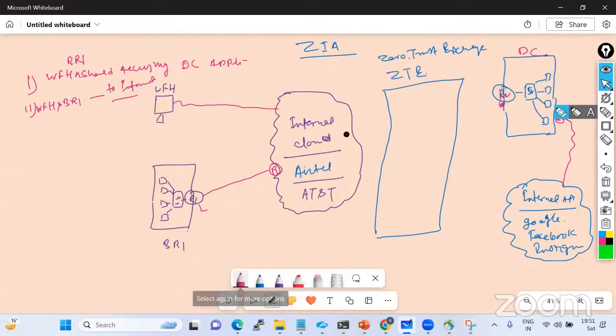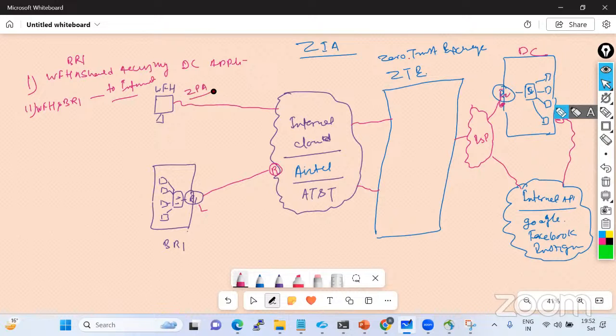This zero trust exchange is again going to connect with your ISP internet, and there is another internet ISP which makes the connectivity to these two locations. So what is going to happen now? When your traffic initiates to access the data center application, if you are using the GPA solution, Zscaler Private Access, then your private applications are going to be accessed directly toward the data center via the zero trust